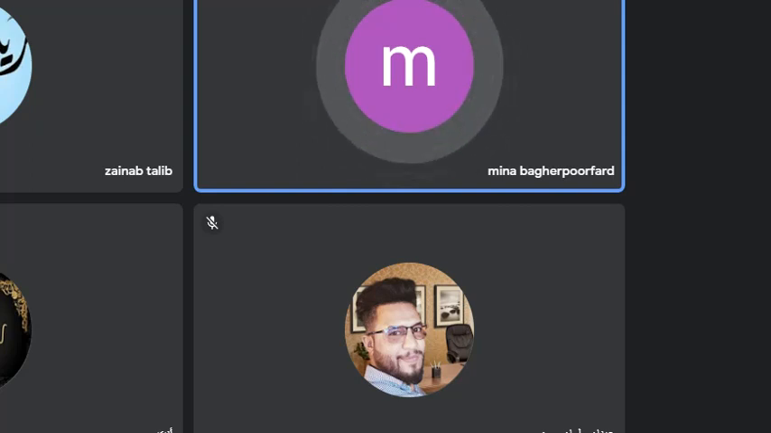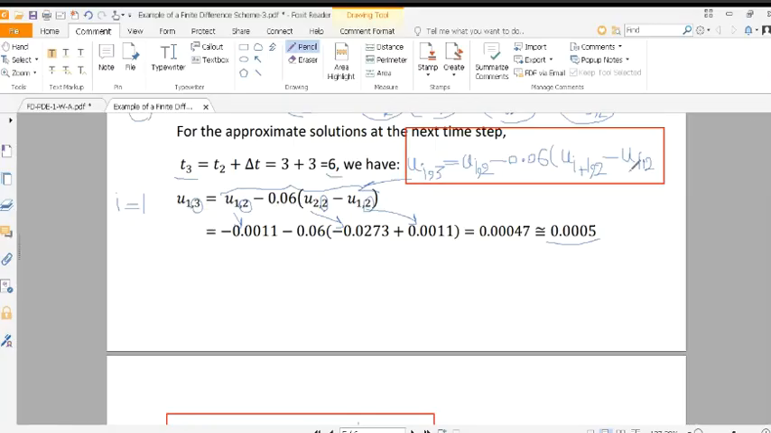For the next point, we put i equals 3. The equation for this point is u(3,3) equals u(3,2) minus 0.06 times u(4,2) minus u(3,2). The value of u(3,2) based on the above table is 0.8255 minus